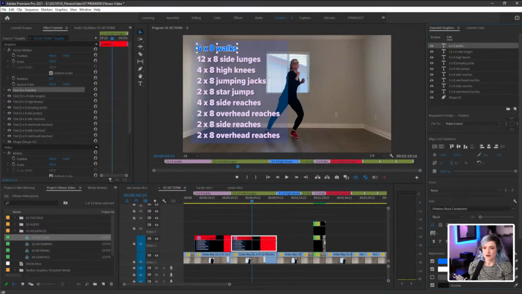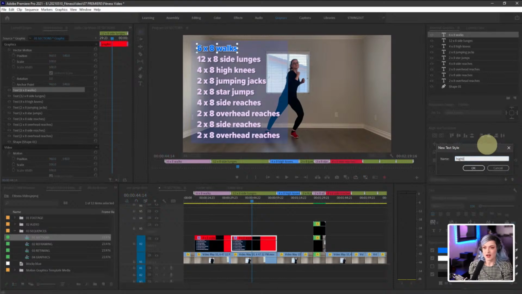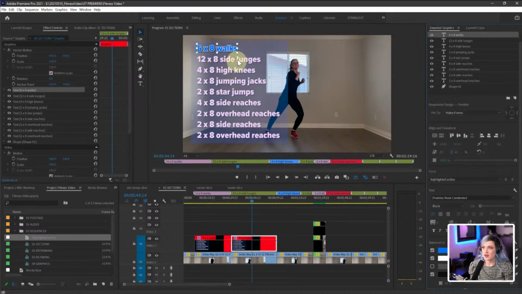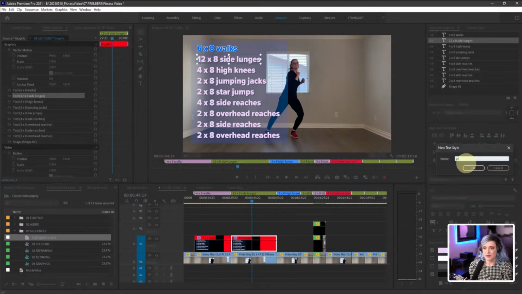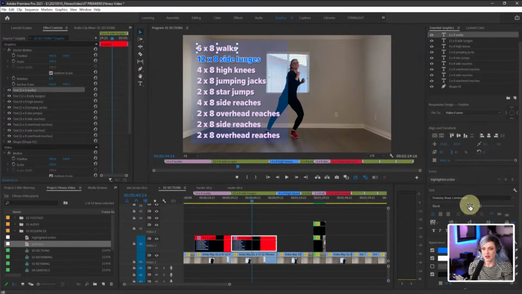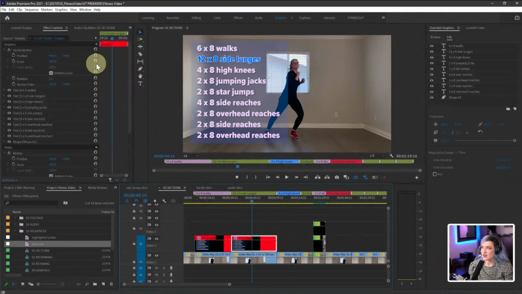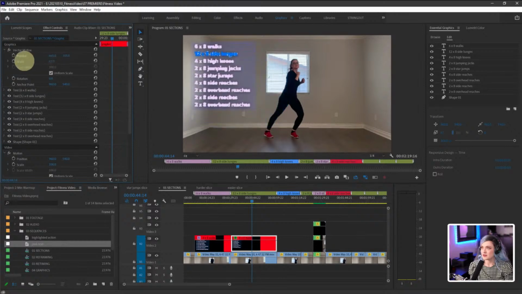So for the styles of walks, I can actually make it a style. So I'm going to create a style and I'm going to say highlighted action. And then for this one, I'm going to create a text style and I'm going to say pink text. So the side lunges, I'm going to make that the highlighted action, and the walks, I'm going to make that the pink text. So there we go. And then I can actually take the whole thing and make it smaller and put it up over here in the corner